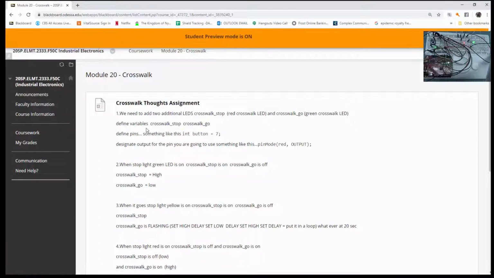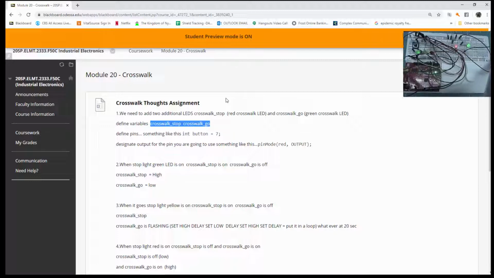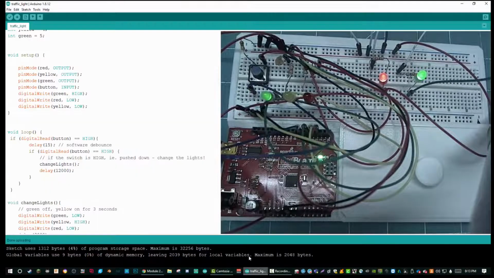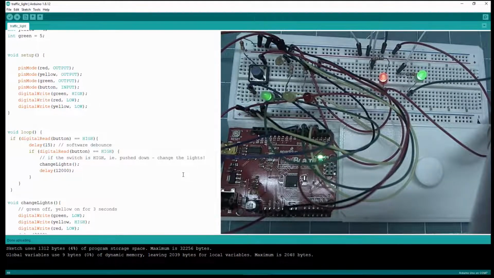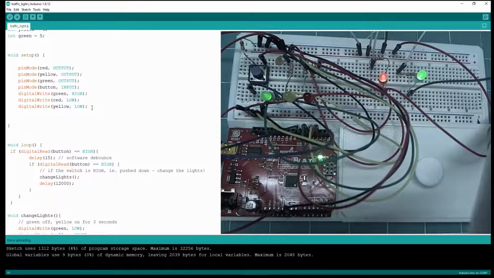The instructions say, so we added the two LEDs, and now the instructions say that we need to define the variables crosswalk stop and crosswalk go. Something like integer button equals 7. So let's copy both of these. Bring our IDE back up. We're going to define them right here in the void setup. So I'm going to copy and paste them here, then go up here,